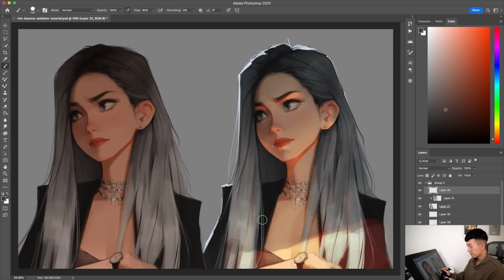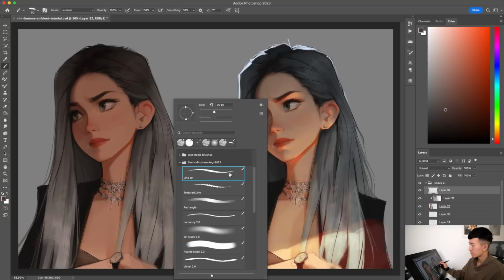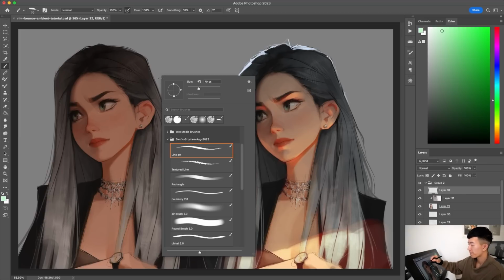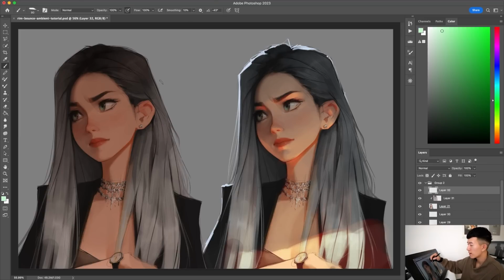Now for this one, I want to apply a rim light from the right side. And I want this rim light to be a little bit green. So we're gonna take this greenish color, and again, we're gonna determine where the light source is coming from. I want this one to be at like a 3/4 angle coming from this side and hitting the side of the head. So that would mean that we're gonna need this color to kind of fall onto the shape of